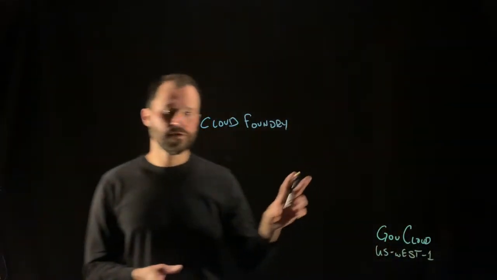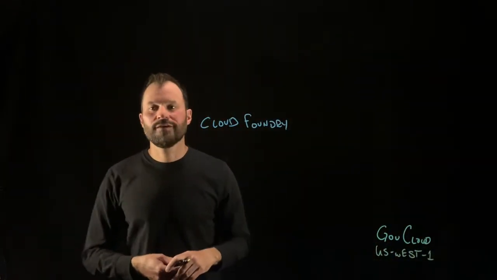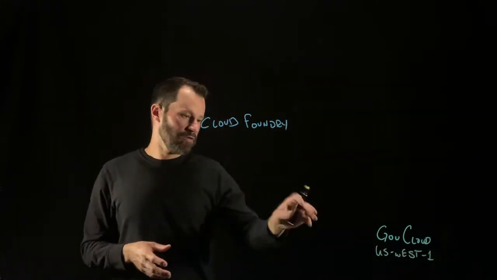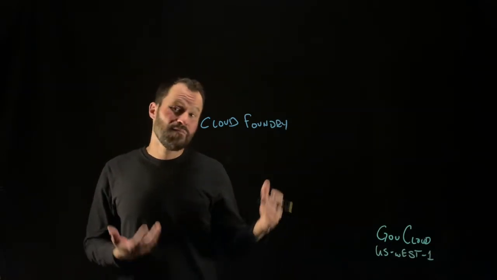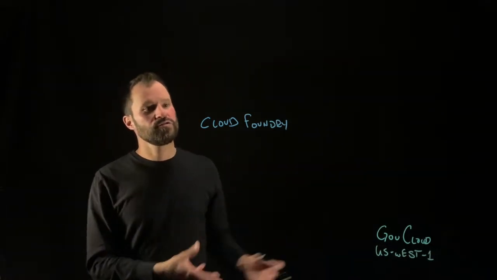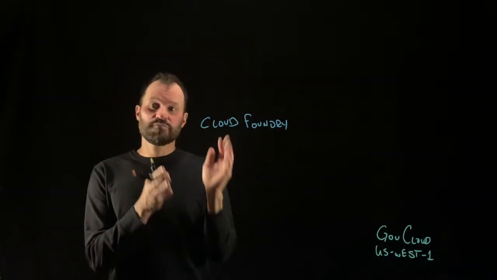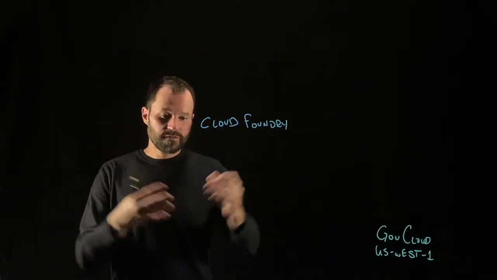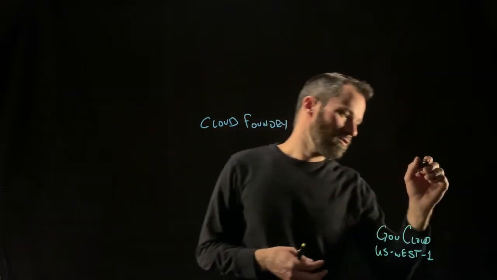There are only 2 regions in GovCloud, US West and US East, but we run in the US West region. And most of what you're going to see on this board is actually deployed to AWS GovCloud in US West 1, but not everything. We actually use commercial for some of these elements as well. So before we can even deploy Cloud Foundry inside of GovCloud, we need to set up a bunch of infrastructure. We use a technology called Terraform